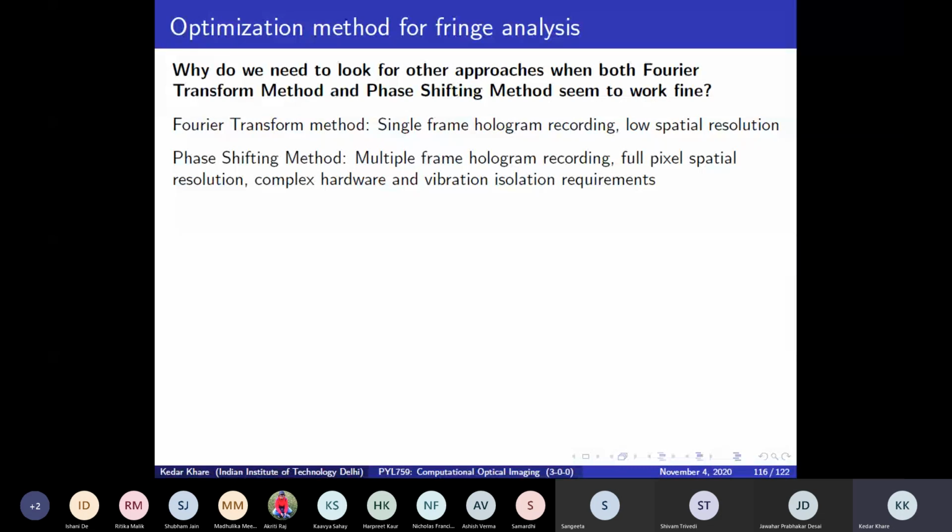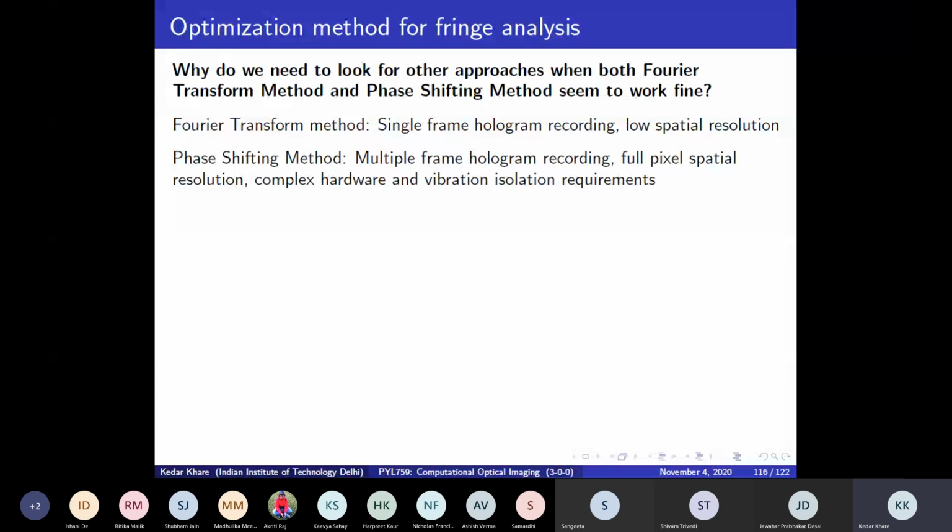Okay, and so when you do single shot work within 1 millisecond, there is not really much vibration of the surroundings. So even if I'm doing an experiment in my lab and there is some construction happening in the building, those vibrations are at a few hertz or 10 hertz or that kind of rate. And so even if I'm walking around, if something is happening around in the lab, within 1 millisecond, any effect of vibration is essentially frozen. And so it's kind of convenient to have a one-shot system.